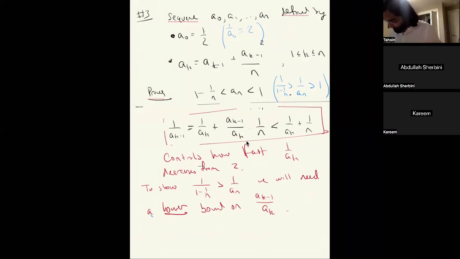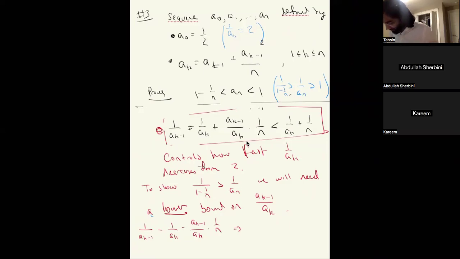Let's write it like this. Just from here, right? We get 1 over ak minus 1 minus 1 over ak is equal to ak minus 1 over ak times 1 over n, which basically then tells us that,